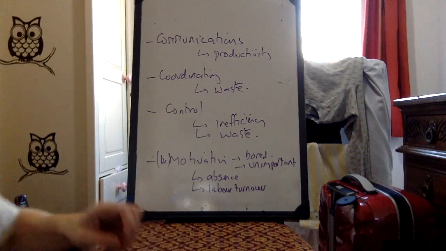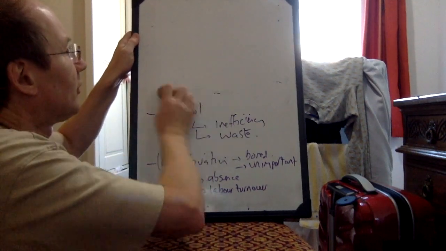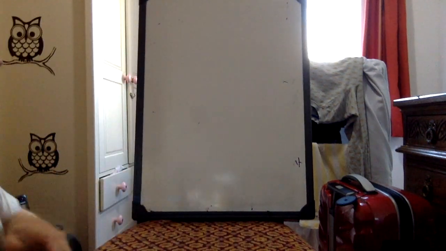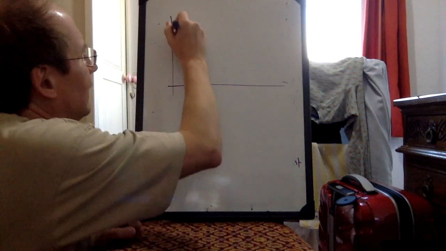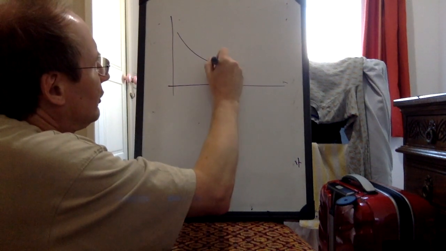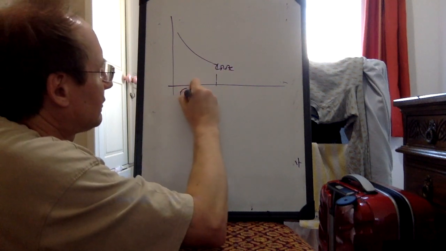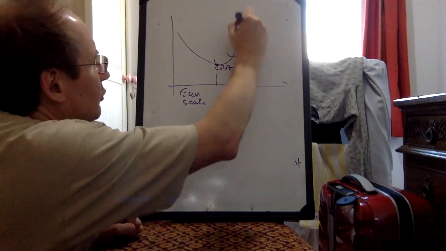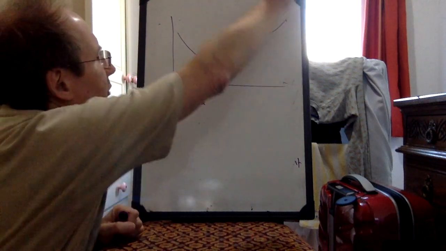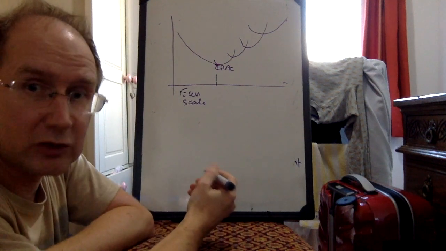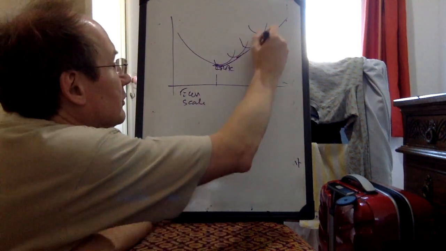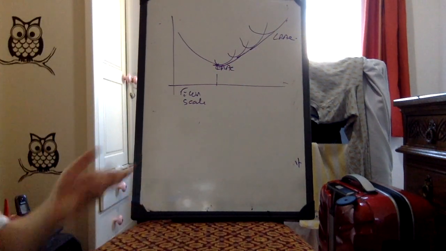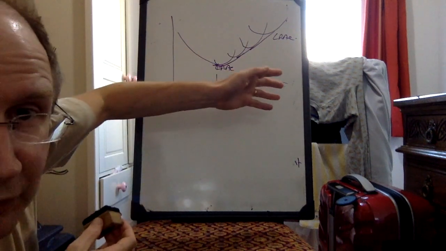So the argument, therefore, is that there is a danger that for some organisations, you might get too big. Although we may have economies of scale up to a certain point, so that's where we've got our internal economies of scale, after a point, your short-run average cost curves start being driven upwards as a result of these problems with communication, coordination, and control, and as a result, of course, your long-run average cost also increases. So most firms would prefer to avoid operating too far on that bit.